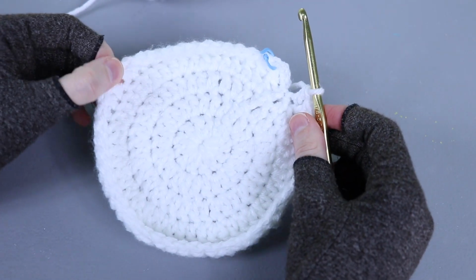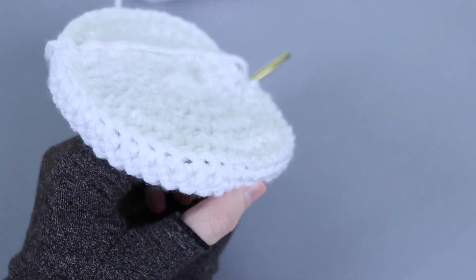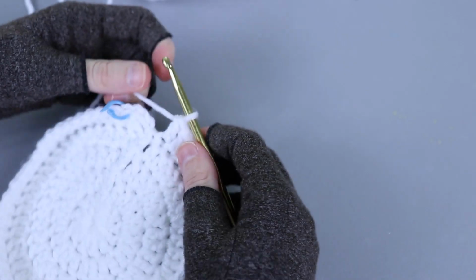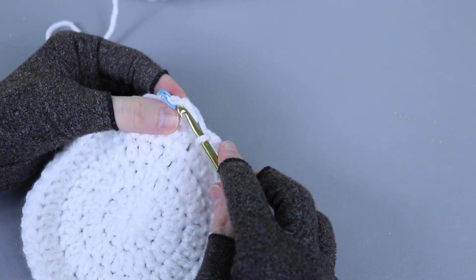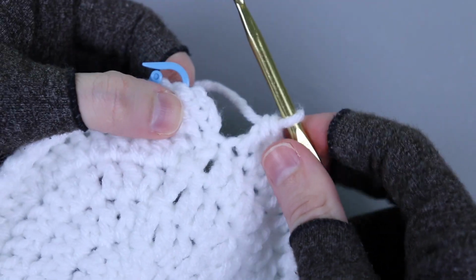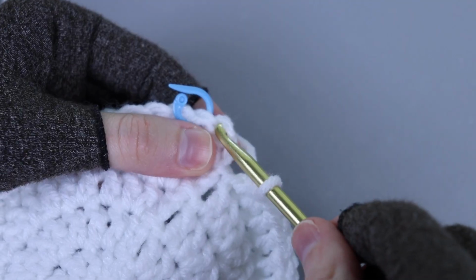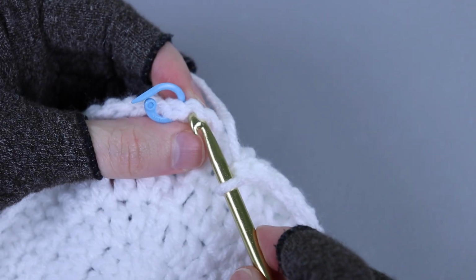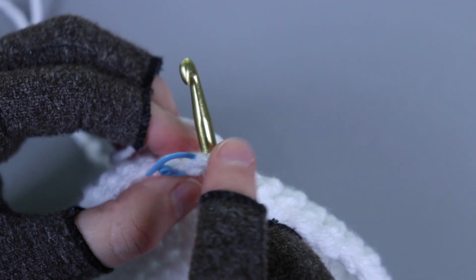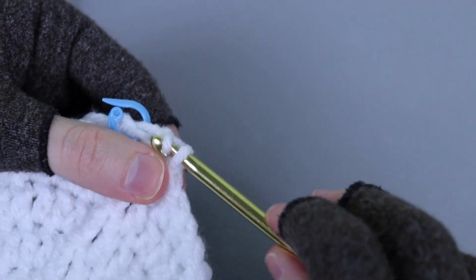So round 5, I worked my 48 double crochet stitches in the front loop only. It creates this nice kind of little edge, kind of corner almost, if you will, and surprise, surprise, to join the row, we're going to slip stitch in the top of our chain 3. Also, I'll show you this. When I do these joins in the chain 3, I like to, instead of catching just this one loop here, also catch that other little loop that's kind of right behind it. So I'm kind of going underneath 2 little loops there,